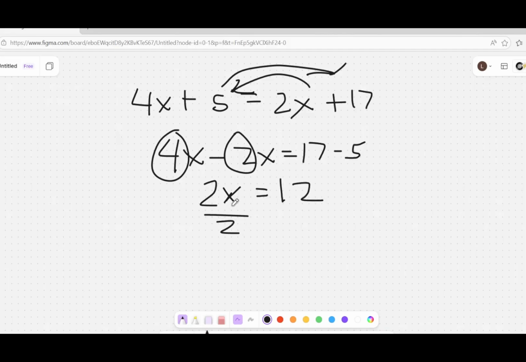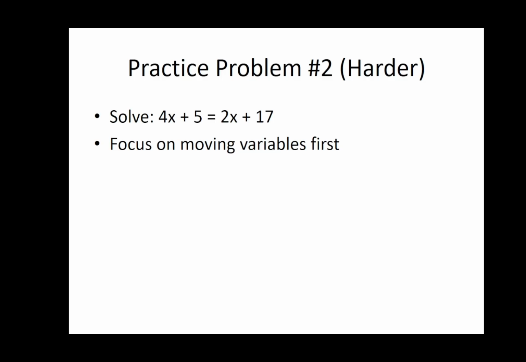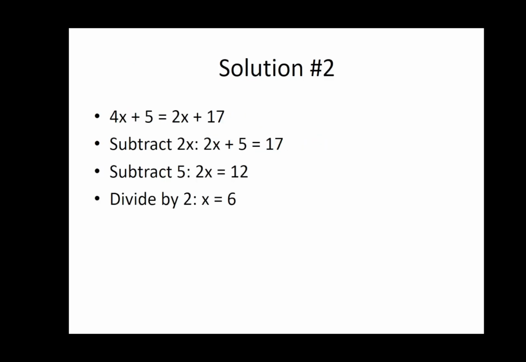So we just need to divide both sides by 2 to isolate the variable x. So x is equal to 12 divided by 2, which is 6. So this is the answer: x equals 6. Okay, so let's check if we have the same answer here. Right, we got the right answer. So I hope you understand it. You can replay the video if you want to learn and understand the step-by-step procedure.